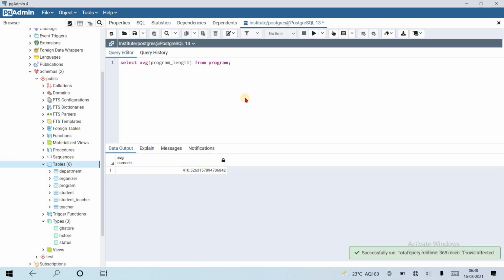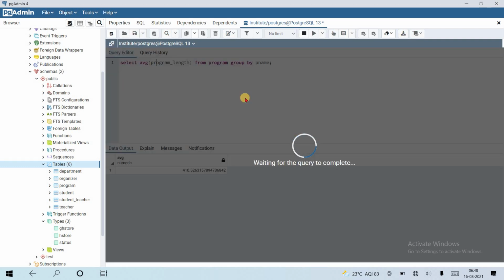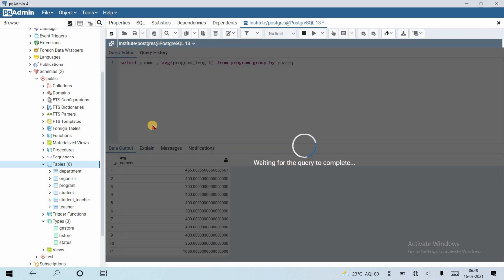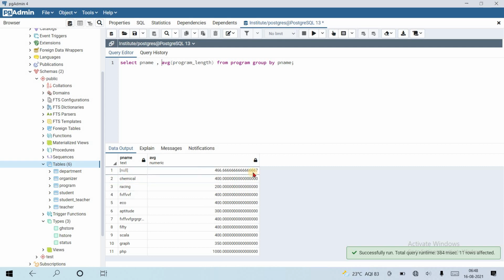The average is like this, but we want to group by pname so we can understand. If I run this, it will give me an error. No, it will not give me an error. It will calculate the average by group by pname, but for our understanding, we use the pname column with this.